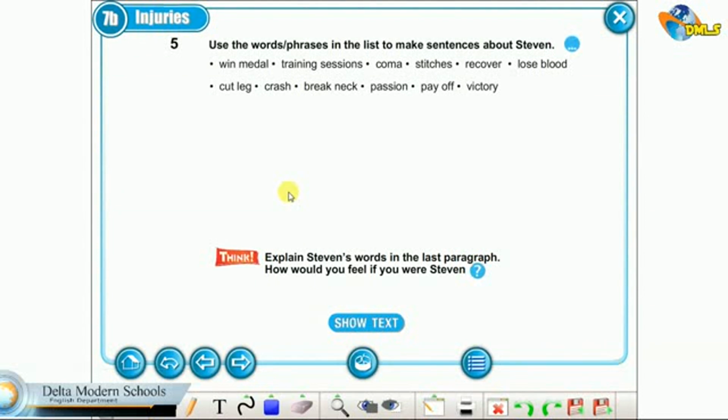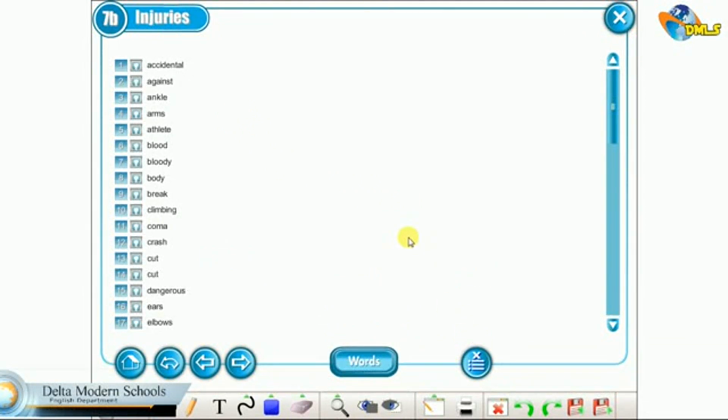For exercise 5, I want you to use the words here in the list to make sentences about Stephen from the text. And for the words here, our new words, let's listen together. Accidental, against, ankle, arms, athlete, blood, bloody, body, break, climbing, coma, crash, cut, dangerous, ears, elbows,